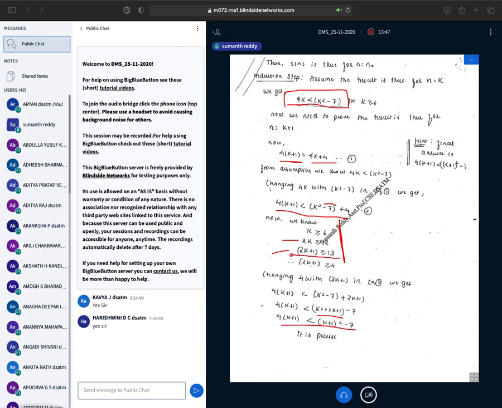Now students, I think it's very clear. See, this term 2k plus 1 is greater than or equal to 13. If some term is greater than 13, obviously it will be greater than 4 also, right? Actually, I have written here greater than or equal to, but it will be just greater than. Because for 13, if it is equal, then it has to be only greater than here. I think you can understand that, right?